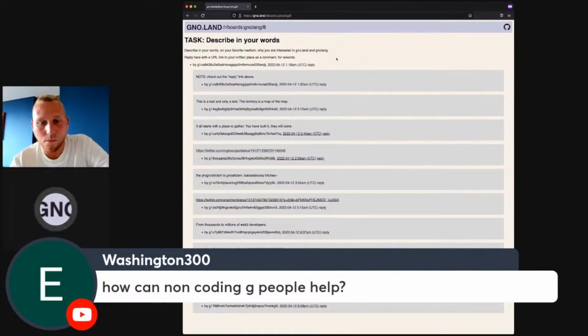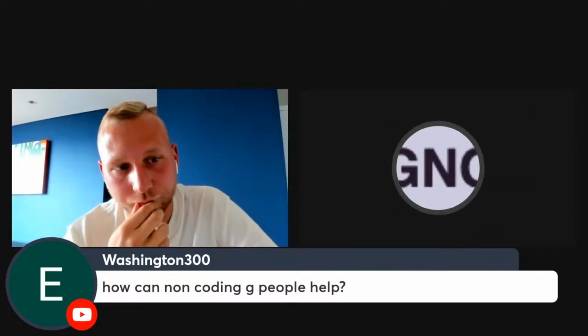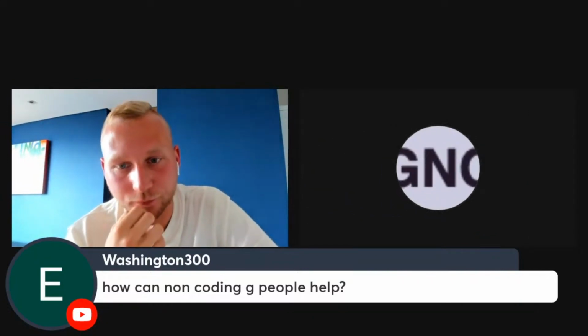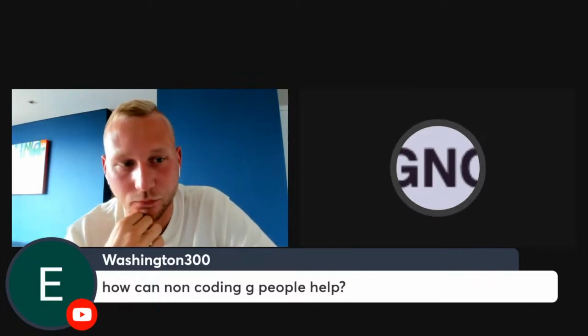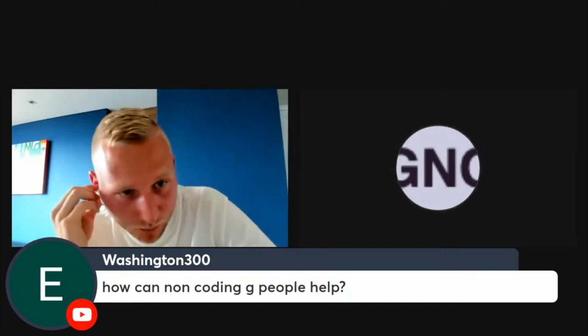Well, even if you're not coding, there's so much that needs to be done in terms of specifying how an open organization should work, how treasury management should work, how task management should work, how to keep organizations accountable, right?